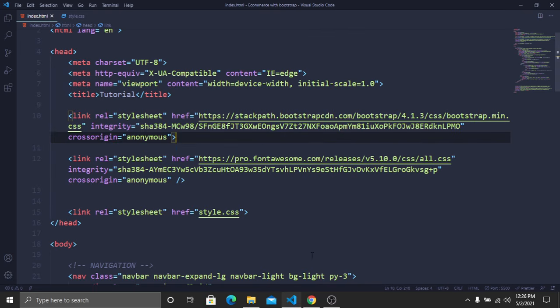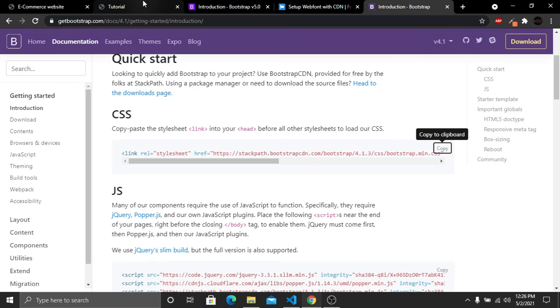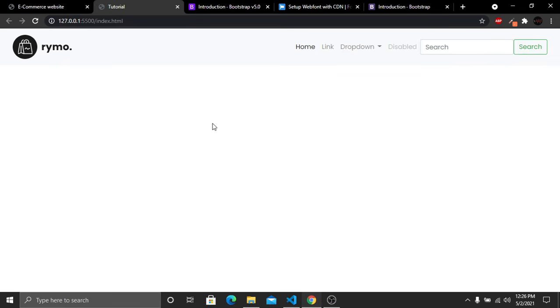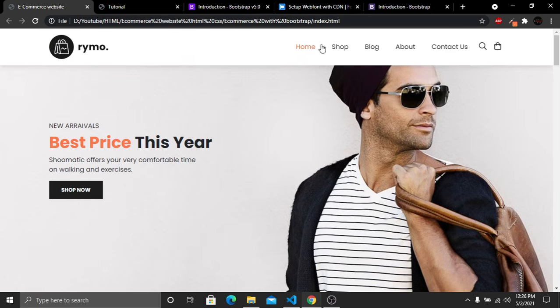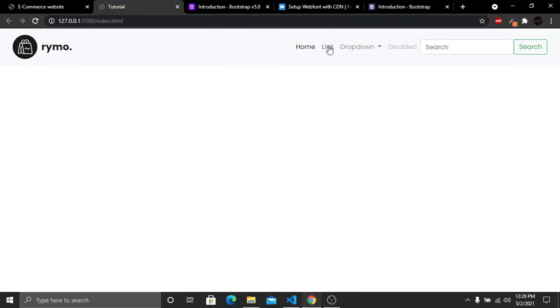That's it. If we now go to our website, and if we now go to our tutorial, here you can see that all our navigation links are now on the right side. Now in our real website, here you can see that we have our home, shop, blog, about and contact us and 2 icons. Now I want to change these navigation links. For doing this, go to our code here,